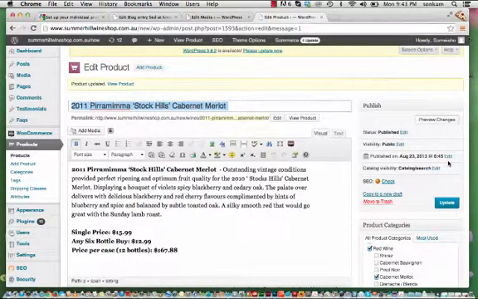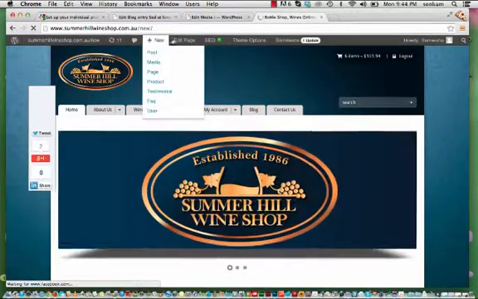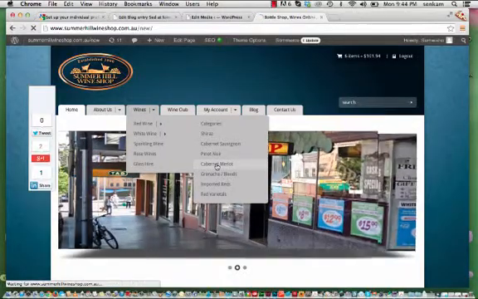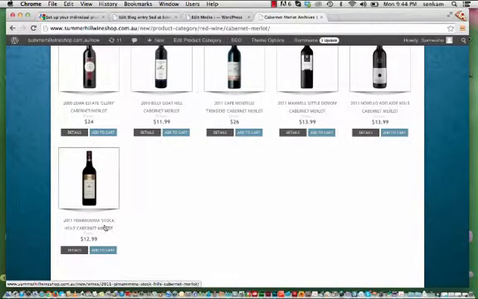So to take a look at the page now, I would just go back to the top here, remove all of this, bring it back to the website itself, and we go to wines, red wine, Cabernet Merlot, and you'll see Pyramima now is